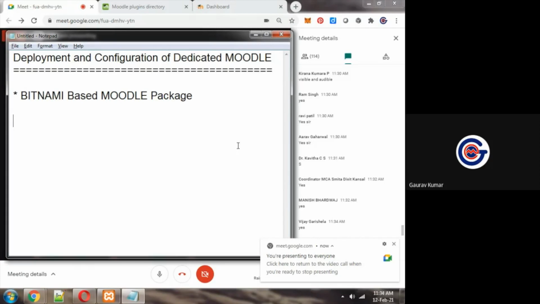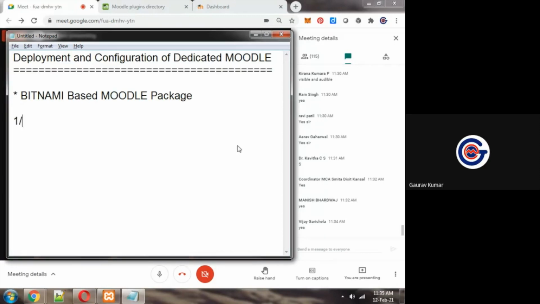That link is available, Bitnami-based Moodle package. So what I will do, on one server, on one laptop, on one computer, I will install Bitnami Moodle. And that particular Moodle will be accessible to all faculty members and all students via the IP address of that system.